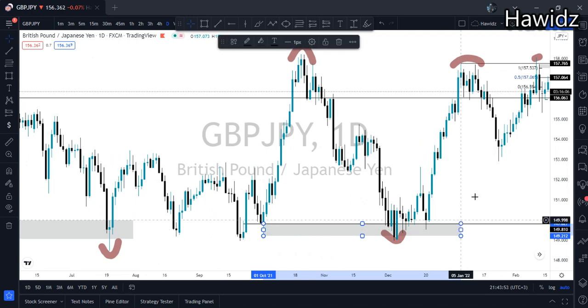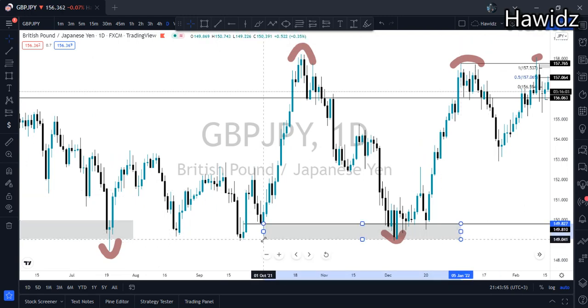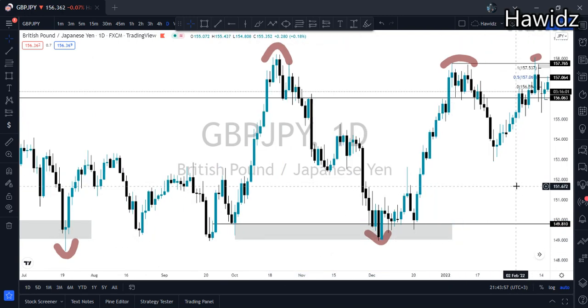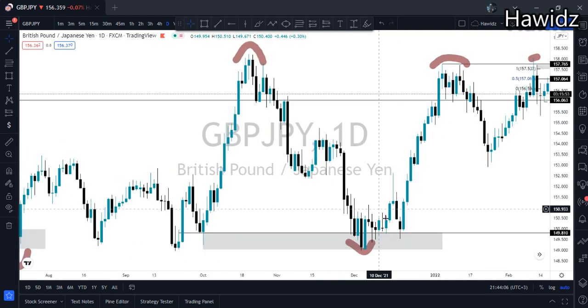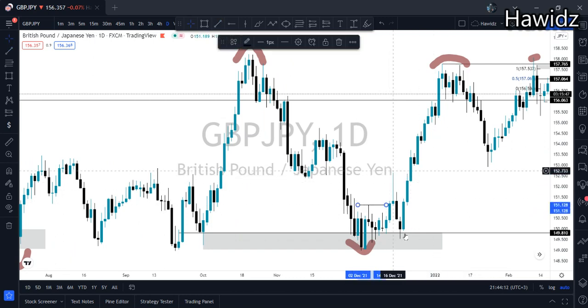As I said previously, wicks themselves are S&D zones. So price comes, taps it, leaves this consolidation, breaks this structure right here, breaks this structure,